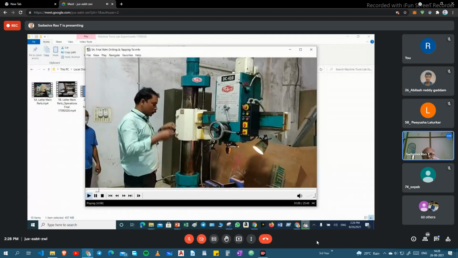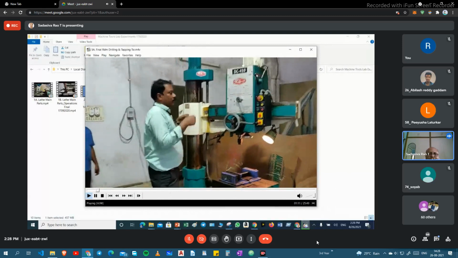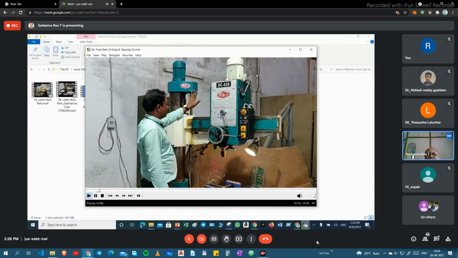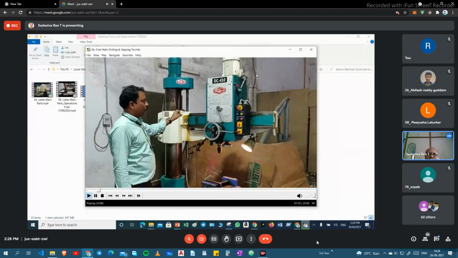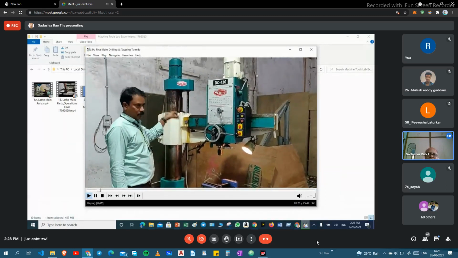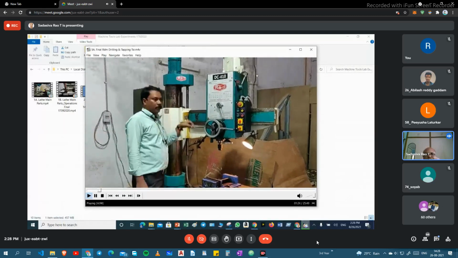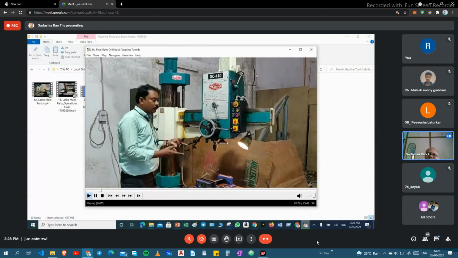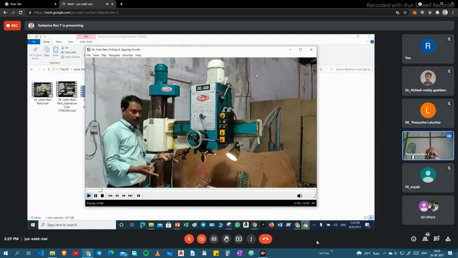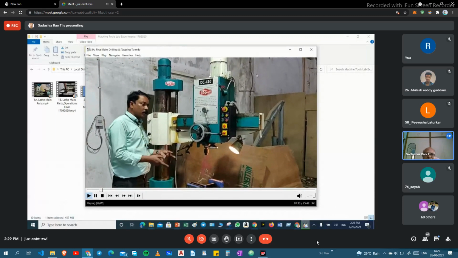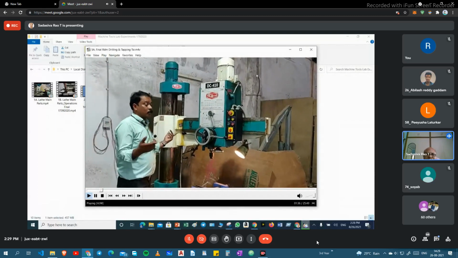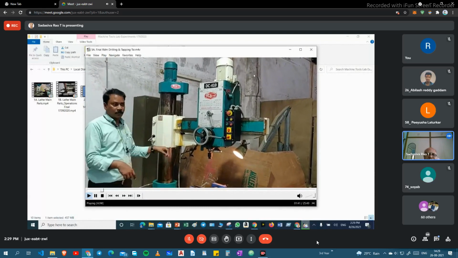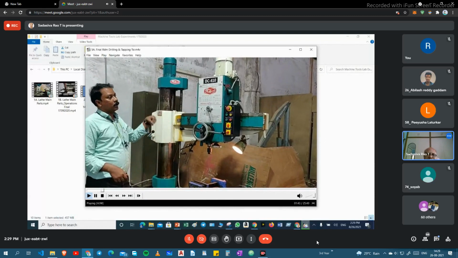Now we are going to do the drilling using a radial type of drilling machine. For example, this is a radial type of drilling machine, a double column radial type. Using this machine, we can hold the workpiece anywhere, and make a hole in any bigger or smaller workpiece. If you are using a bench drilling machine, we cannot make a hole on a bigger workpiece, but here, using the radial drilling machine, we can make holes in any bigger workpiece also.